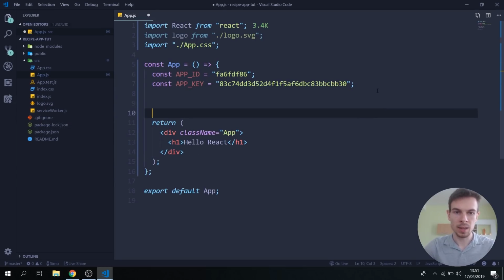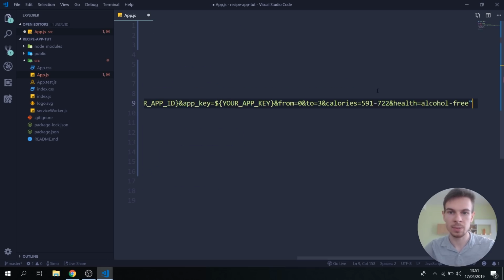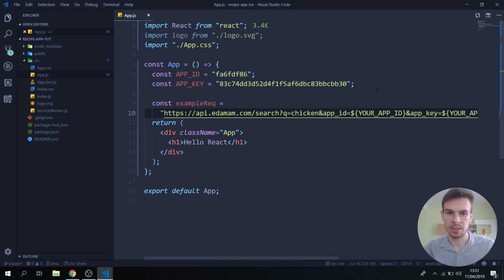So we're gonna make modifications to this, because this one is not gonna work. This is just an example. I'm gonna say example request, set this equal to, and paste this sucker in. And actually I don't need the strings, because they give us these strings. So